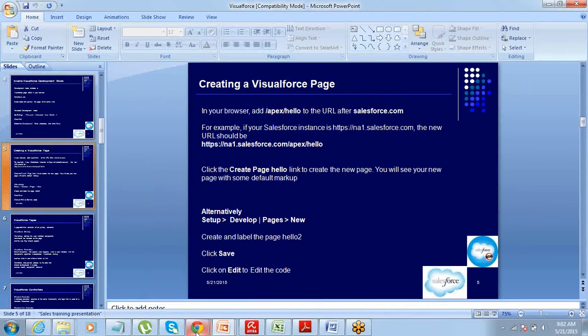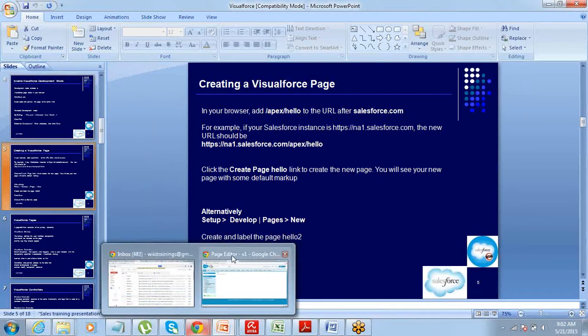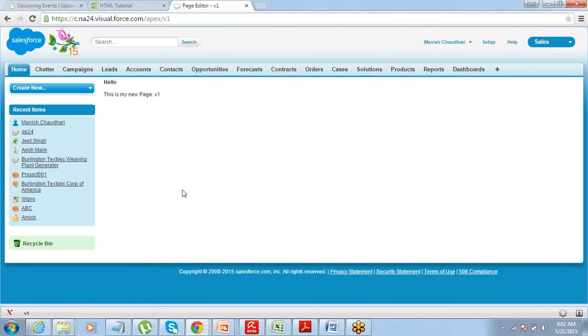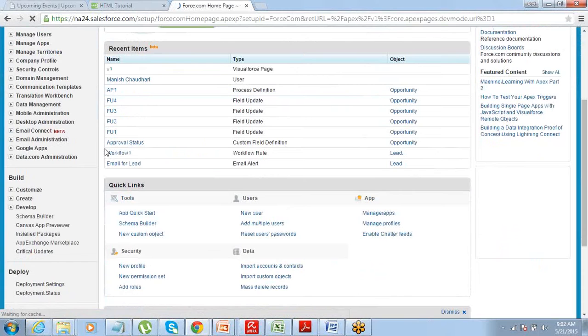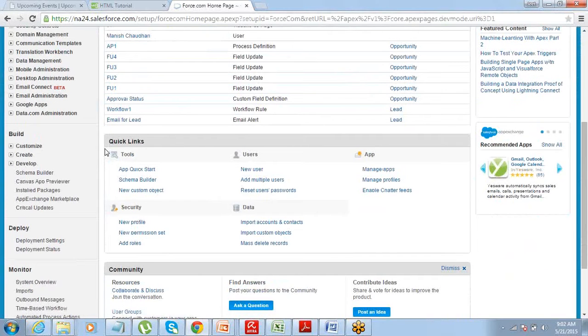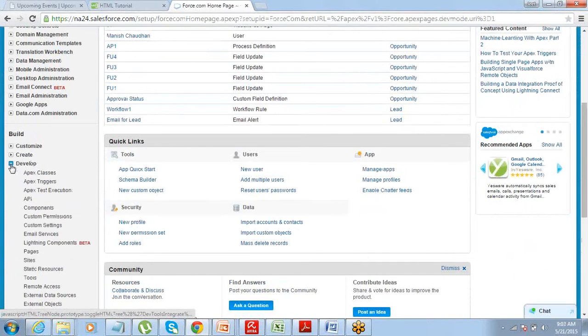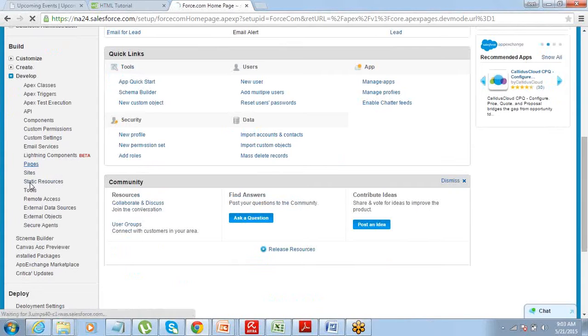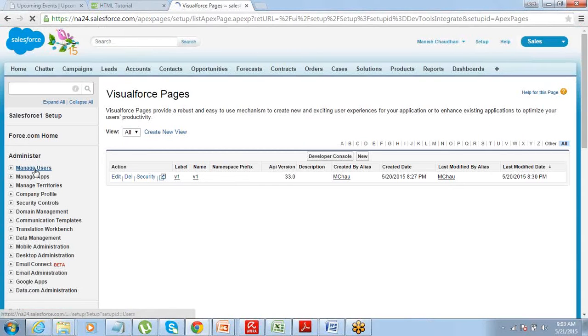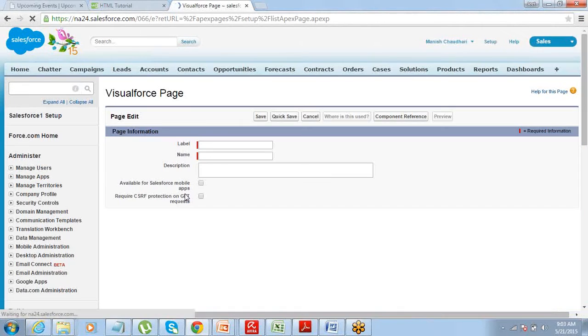So all that you have to do is you just have to go to setup, and then go to develop, go to pages and say new. So this is where you can create the page as well.